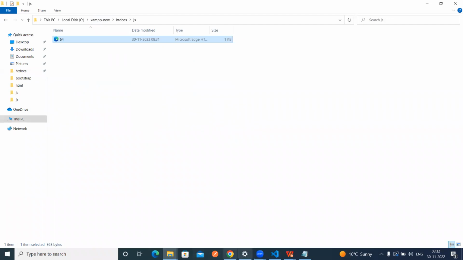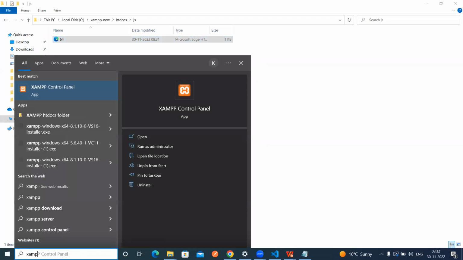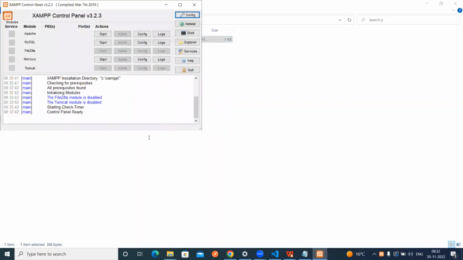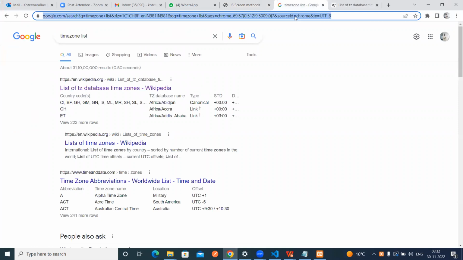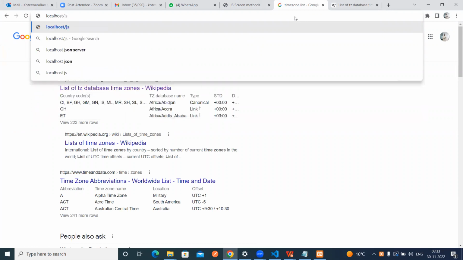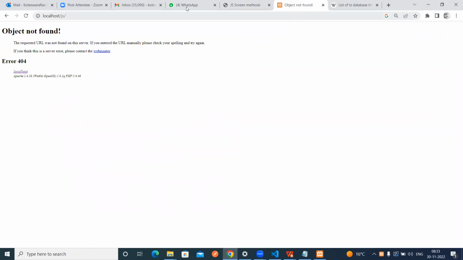So now I have to open the server, XAMPP. This is a software to run the PHP technology. Now I have started the Apache server and MySQL database. The MySQL database is not required, only the Apache server is fine. So localhost. Our project folder name is JS, so inside we are having